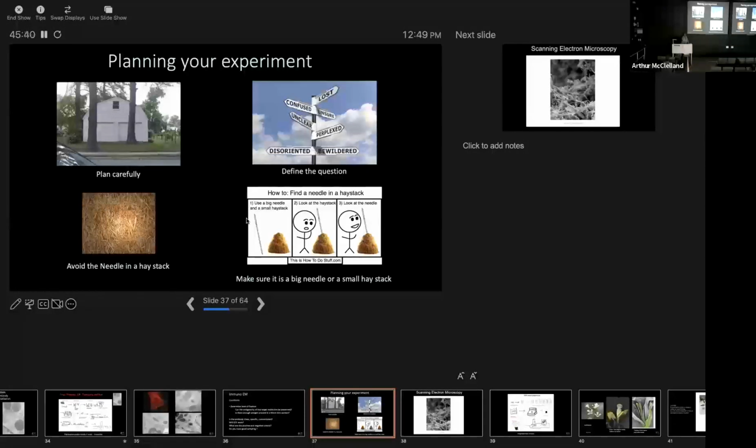But there are certain sorts of research that are just, by definition, needles in a haystack: embryological work, developmental work, brain work. You're looking for a single cell. If you're going to have a needle in a haystack situation, then make it a very, very big needle, a needle that you can't avoid, that when I look at it with low magnification, it's enormous and I can find it. So that's how you get around that problem.